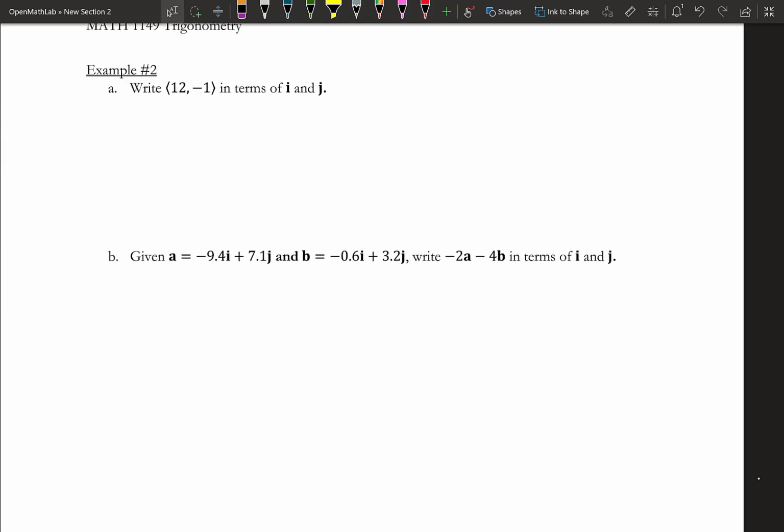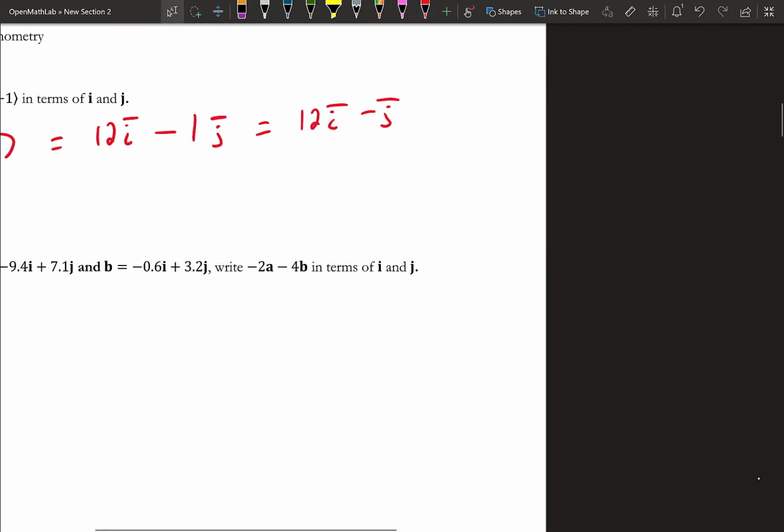So then example 2, we want to practice this. We have the vector 12 comma negative 1, and we want to write this in terms of i and j. So 12 comma negative 1 is just the same thing as the a component, which is 12 times i, plus the b value times the vector j. So this would be the same thing, of course, as 12i minus j. And if you want to see this visually,